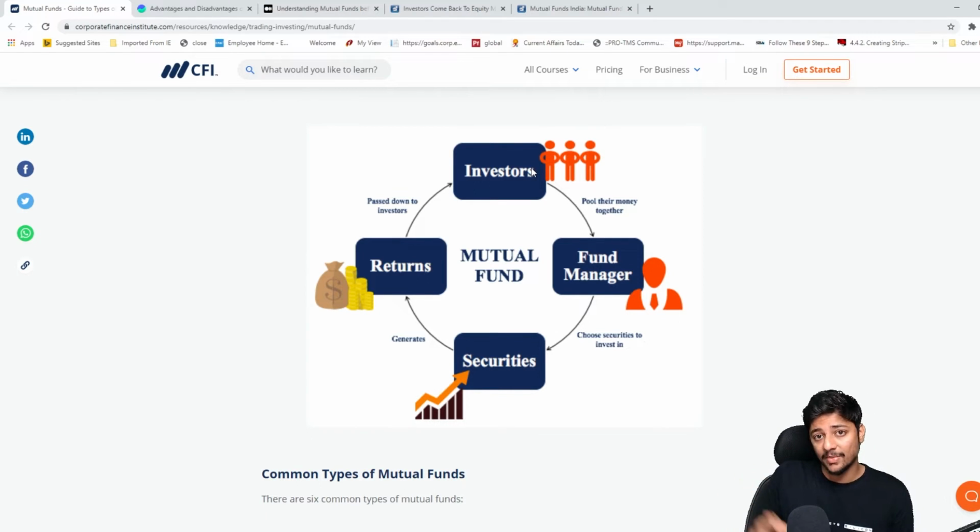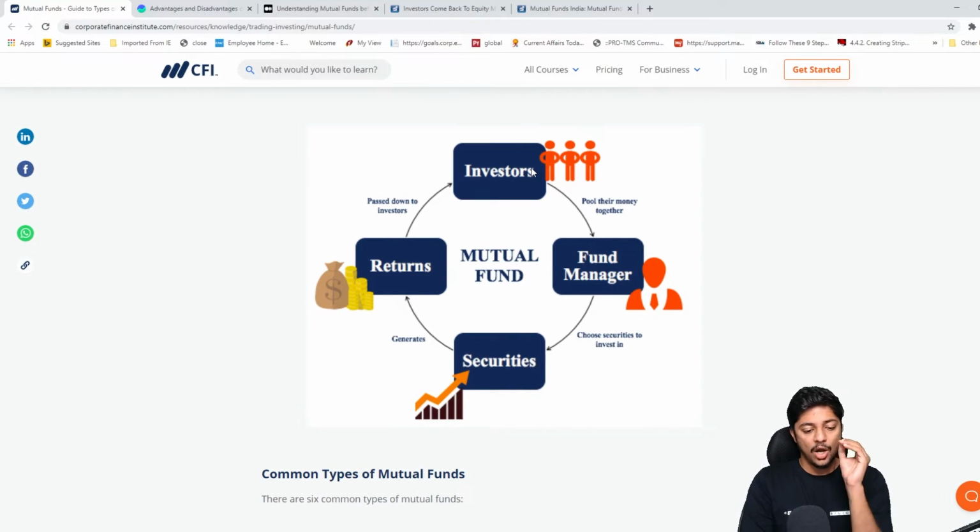This is also AUM, right? I have 100 crores that I have to invest. As a fund manager, he's like, okay, cool, now I need to find which are the good stocks, how much to put in each stock, how much to diversify. That is what the fund manager actually has to think about.